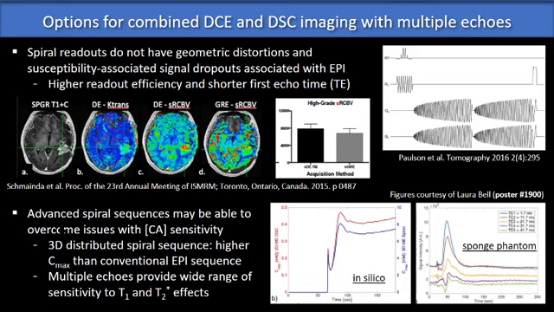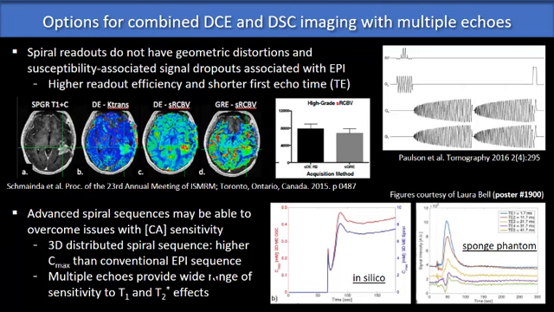Another advantage that may be shown with the advanced spiral sequence is the ability to overcome those issues with contrast agent sensitivity. In this example provided by Laura Bell, also going to be the subject of a poster this week, she showed, in collaboration with Jim Pipe's lab at the Barrow Neurological, that a 3D distributed spiral sequence was able to give her a higher